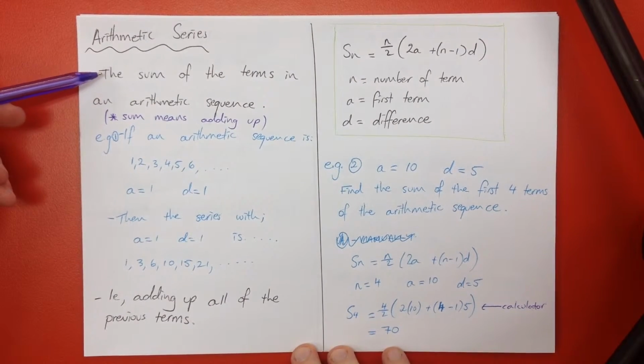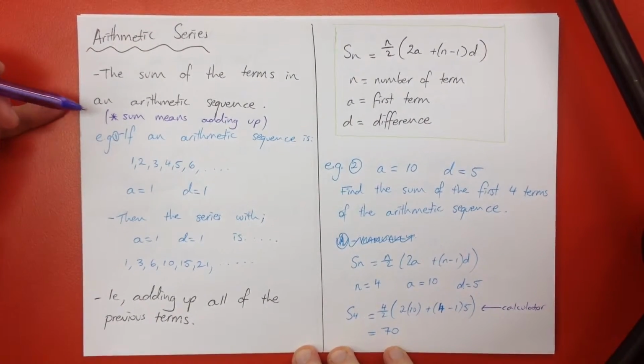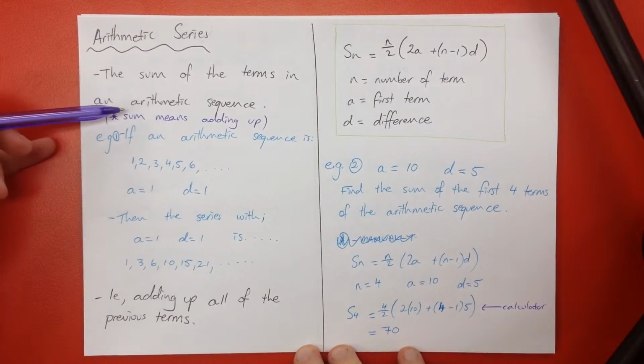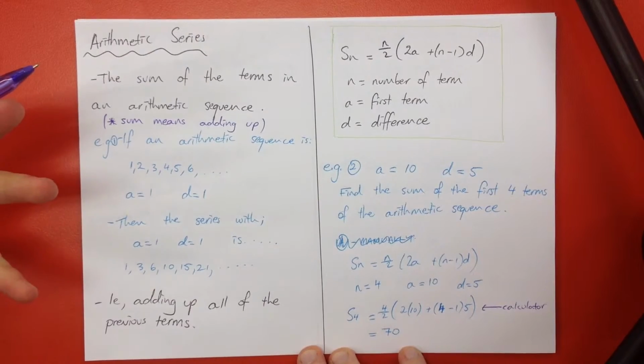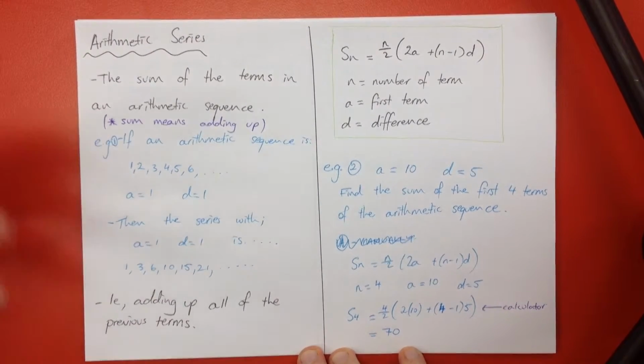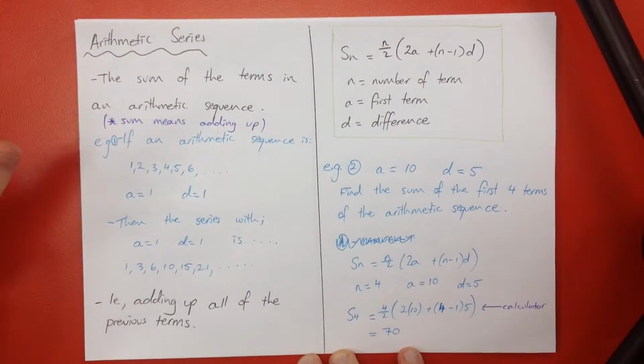So the sum of the terms, adding up all the terms. This word sum means adding up. I'll put that in purple for you. The sum of the terms in an arithmetic sequence. Remember, arithmetic means adding things, adding a constant each time. So you might be adding 2 each time. You might be taking away 3 each time, so adding -3. You might be adding 4 each time, you might be adding 10, but you're definitely not multiplying by the same